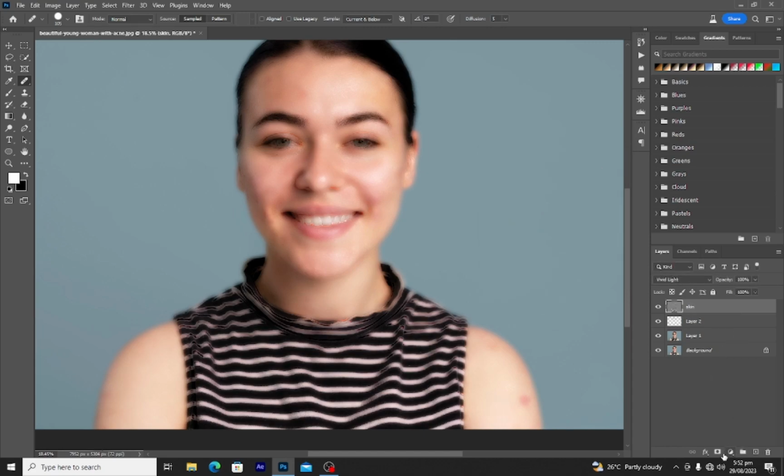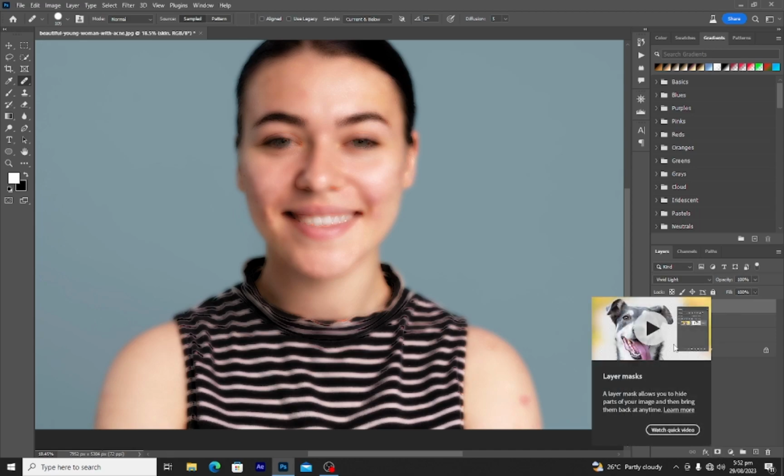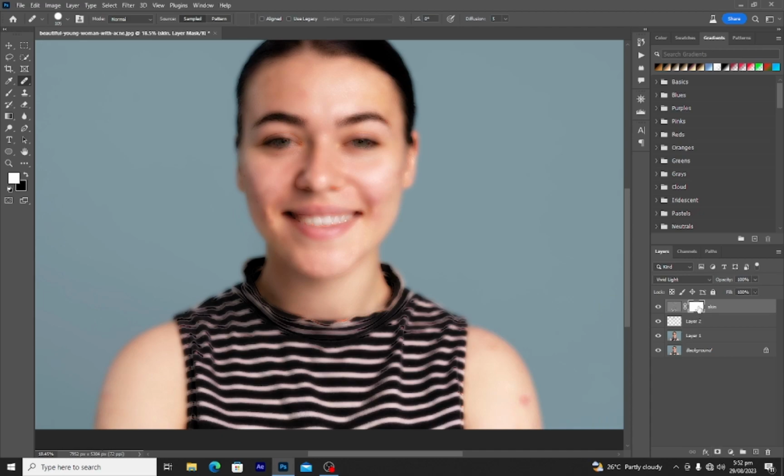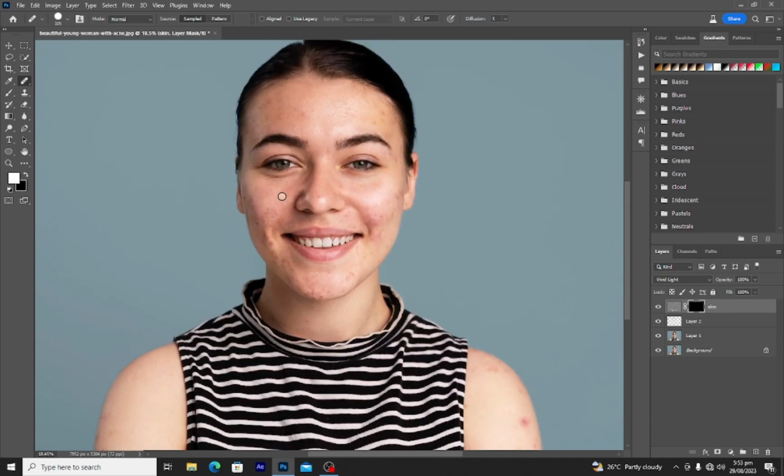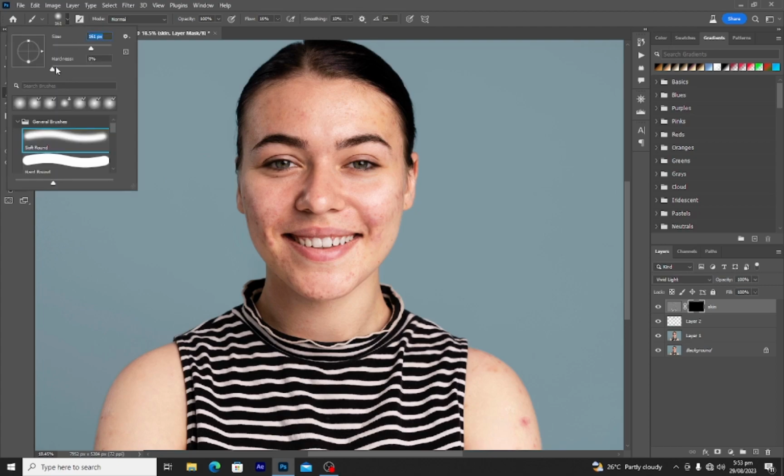Now at this point we need to create a layer mask. So we hit the layer mask icon to create a mask here. Now we need to invert this layer. So we hit Ctrl plus I on the keyboard to invert. Now it's gone. So we come to our brush here, select our brush, make sure the hardness is 0, and